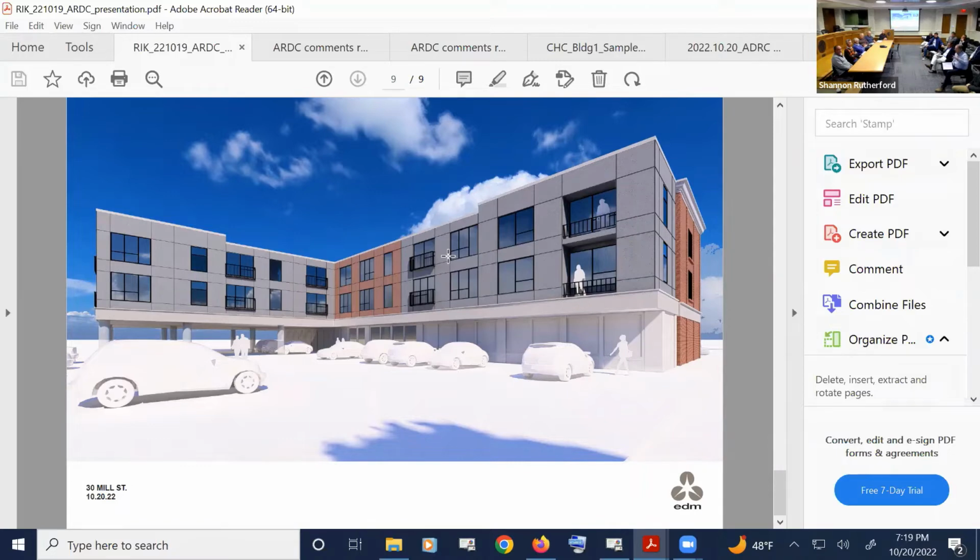We haven't actually figured out how it's going to be structured, whether left to right or front to back, but there may be an option to do a column line over that overhang that taps the back and speaks to that overhang as well, tying those two together. Right now, that's a cantilever above the storefront in the back? That's correct. So you have no columns there at all, which suggests front to back structure, not by design, but...